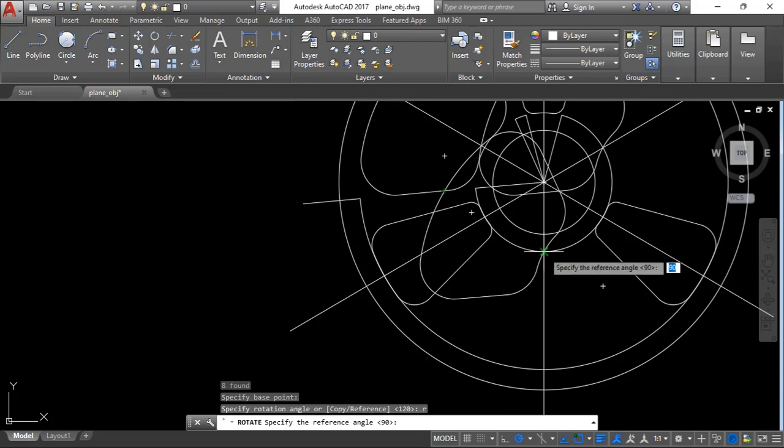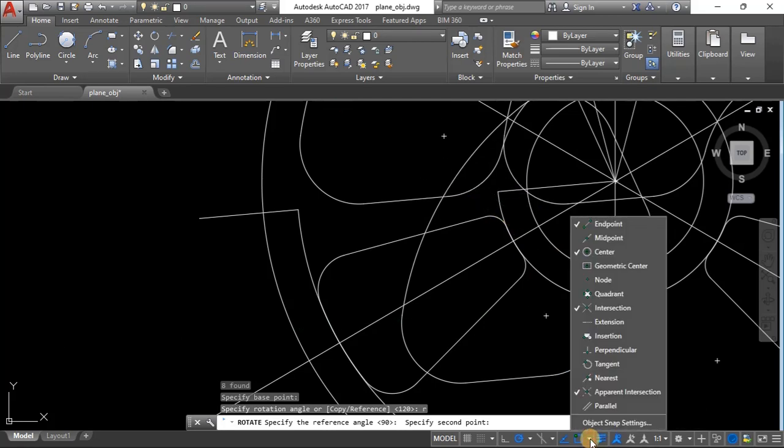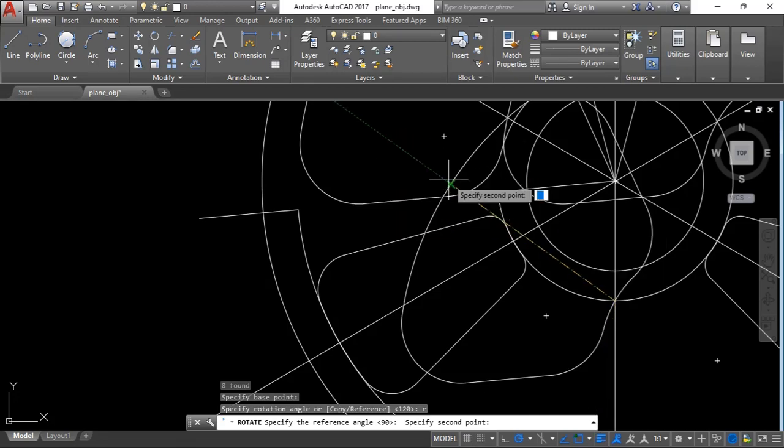First we choose the first point, and it should actually go via the midpoint. Let me activate midpoint because I want that line to go via the midpoint